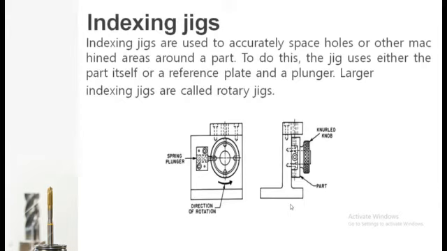Okay. Now this is the last type of jig we are going to study, the indexing jig. As most of you know, what do you mean by indexing? Indexing means rotating a component by a certain degree and carrying out a certain operation. Now where are these indexing jigs required? Imagine a circular job is placed, as you can see, on the table.